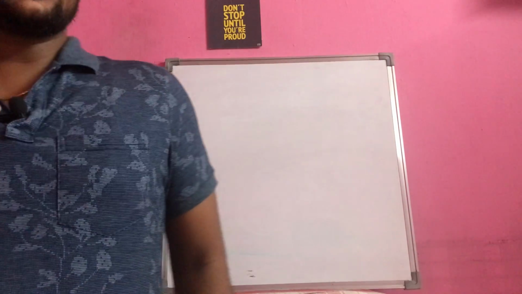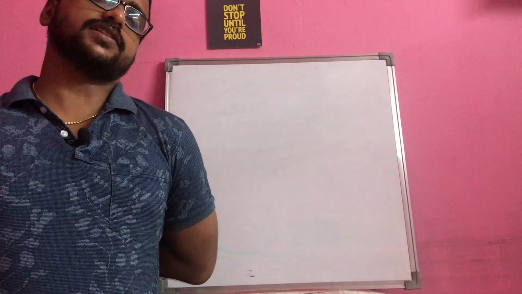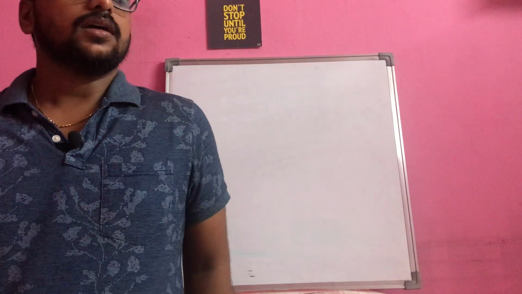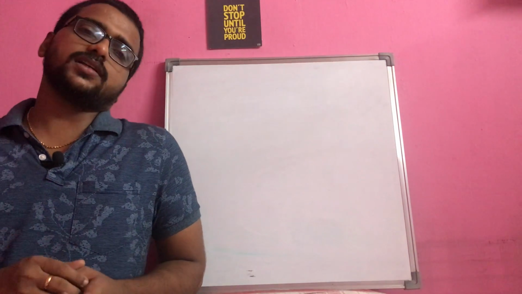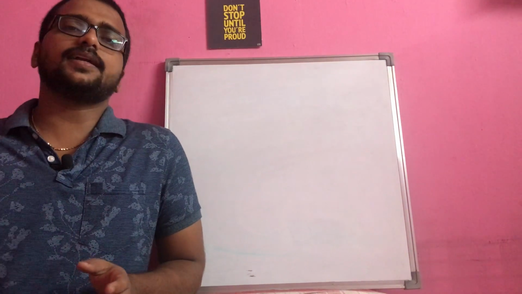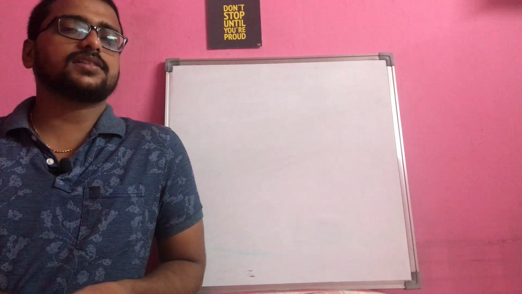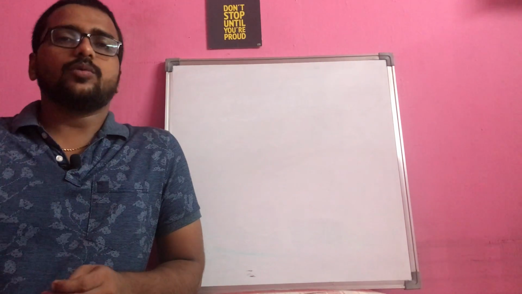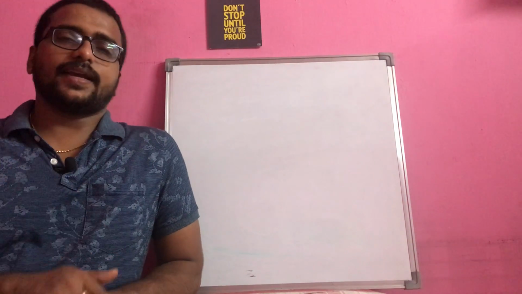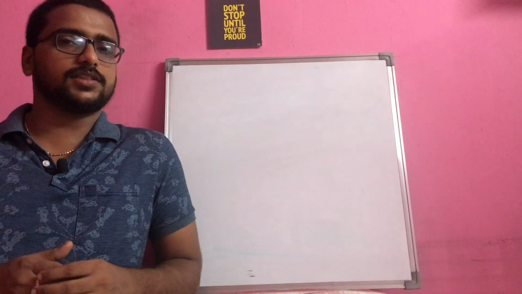So in today's class we are going to discuss some more word problems from the pair of linear equations. In the last class we dealt with them separately, we made them into separate categories and we solved them, right? So in today's class let us discuss some more word problems based on numerator and denominator, area of rectangle, number of students in a class. These models we will discuss in today's class. Okay, so let's get started.